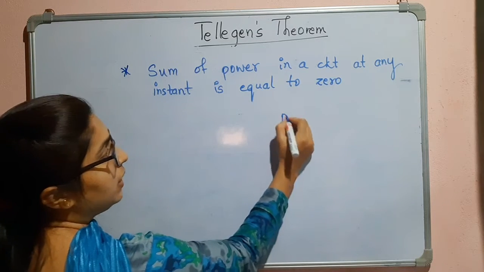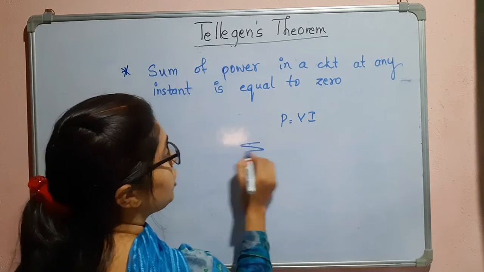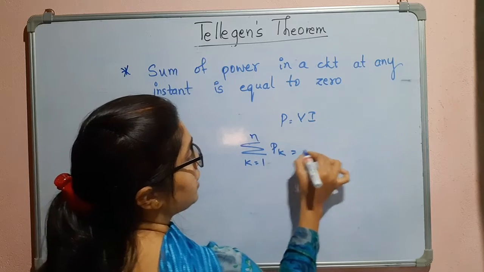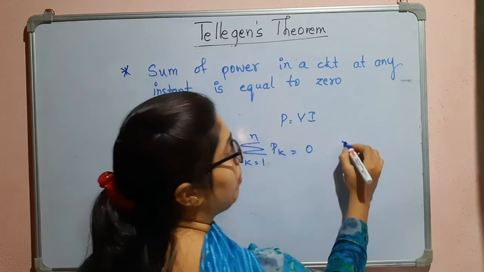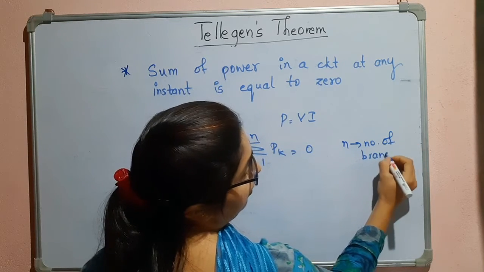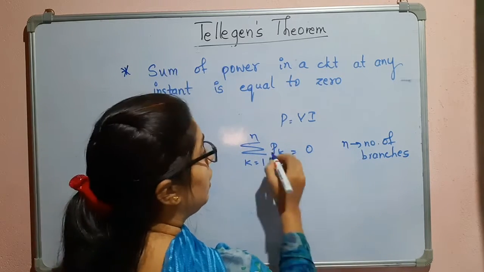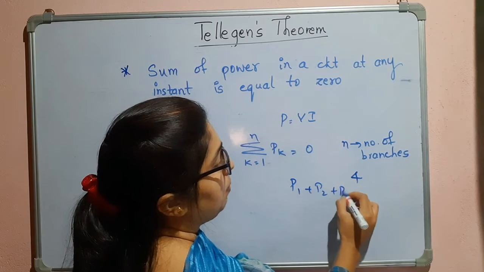So, power can be written as voltage into current, right? So, the summation of Pk, where k is equal to 1 to N, is equal to 0. N is the number of branches in the circuit, and P is your power. Suppose I have 4 branches, that means I can write P1 plus P2 plus P3 plus P4,